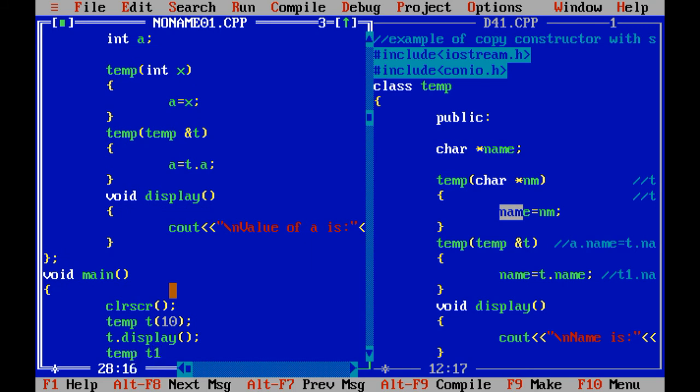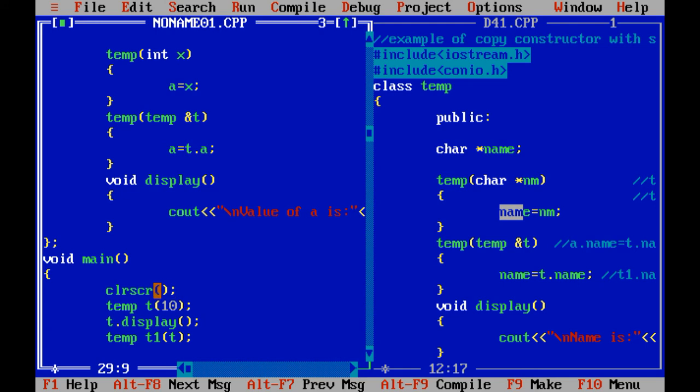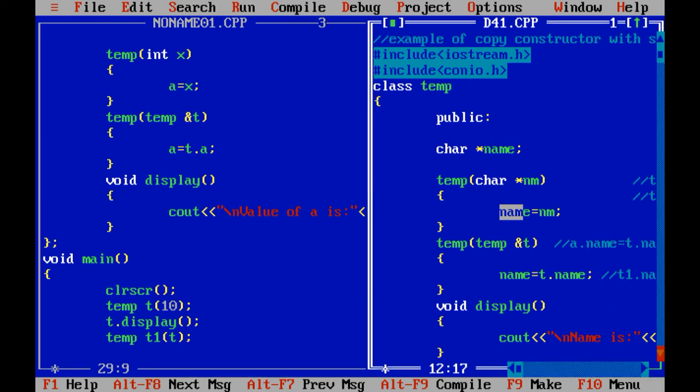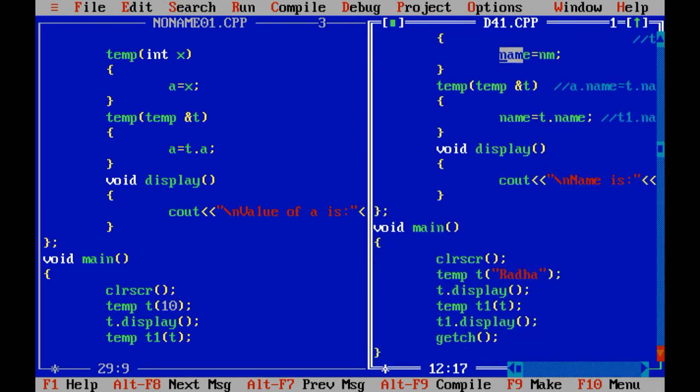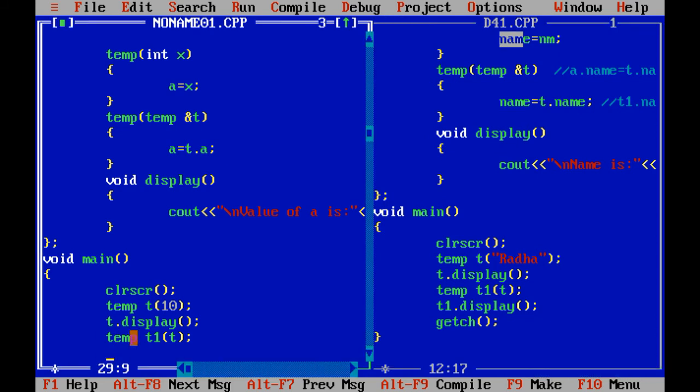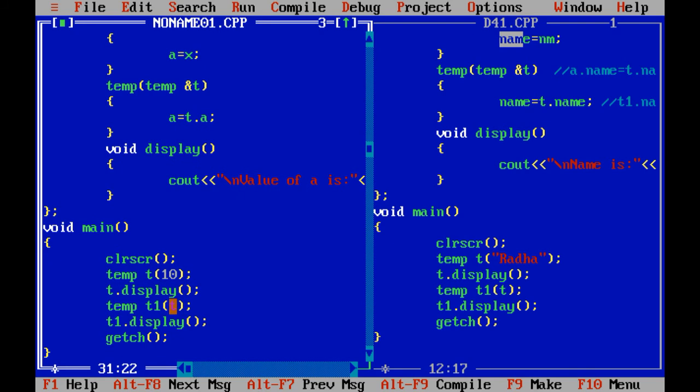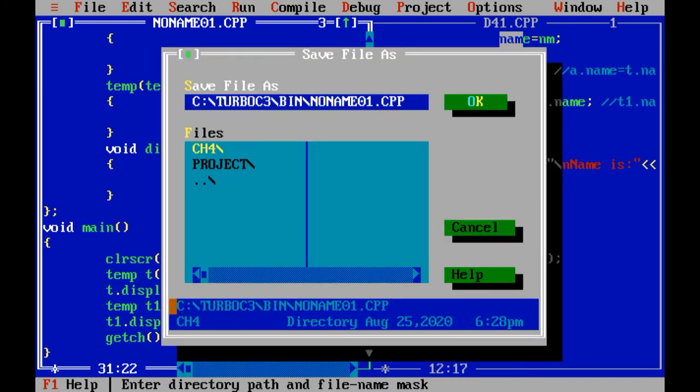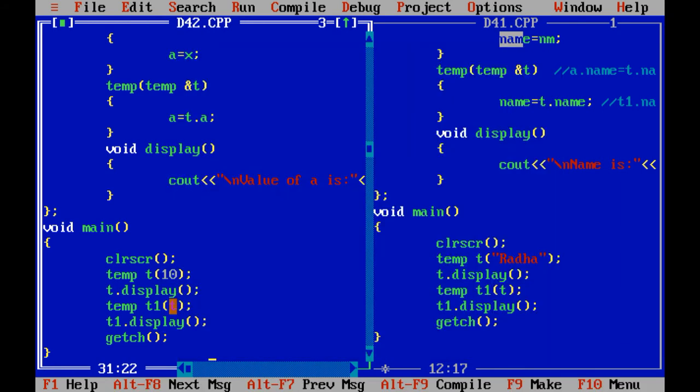temp T1. Inside T1 we are going to pass object. See, this code is same. In this case, we are going to pass Radha, right? Over here, I am going to pass the object t, and t contains integer data, that is 10, t1 dot display. Get ch. Now this is the program number D42.